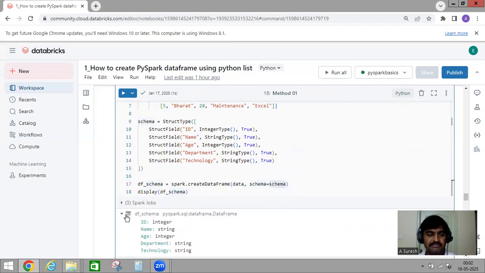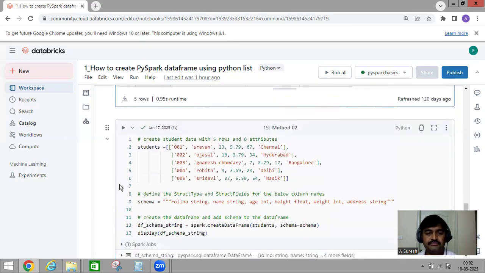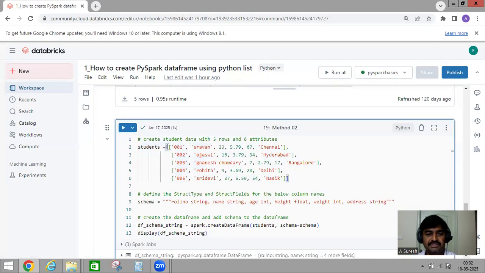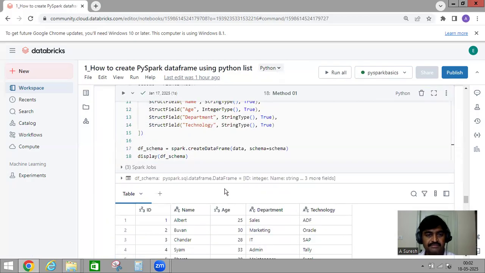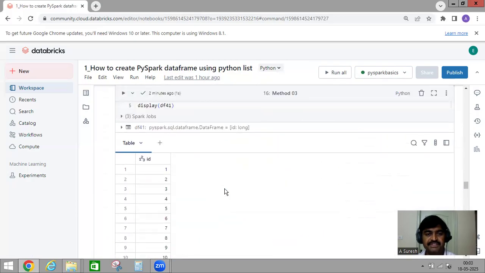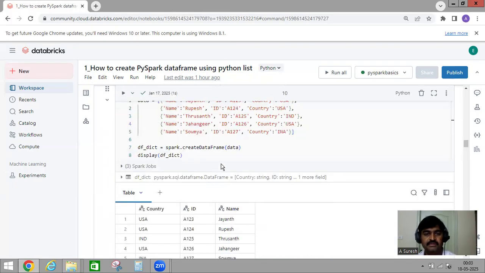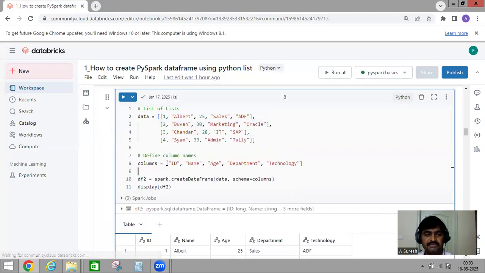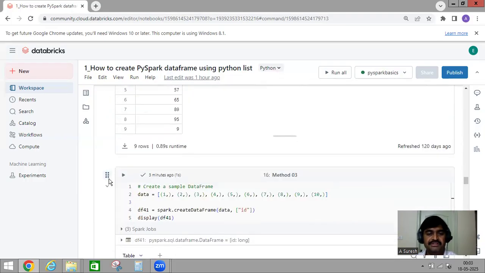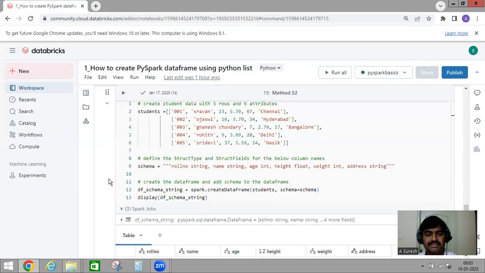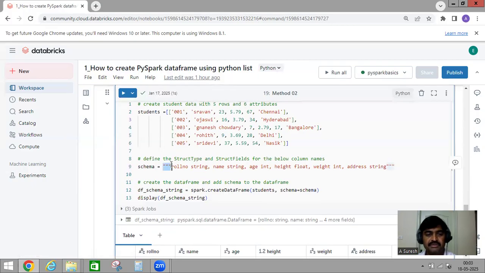So you can cross verify one by one. So in method 2, I'm passing here data, the same list of lists, and schema as a string instead of defining a list of strings. If you go to our first method, here for columns we mentioned a list of strings, so all column names we mentioned inside the list with string type. Here, instead of creating a list, I'm directly creating a string, so I'm giving triple single quotes,